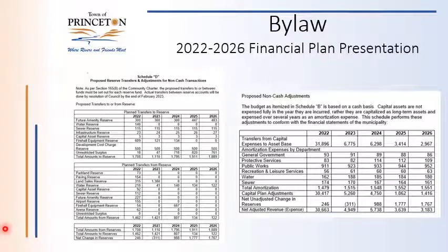Schedule D deals with, so when we make a budget, our budget is based on cash purposes. So the revenue we receive in money subtracted from our expenses that we expect through the year creates a cash surplus. Doesn't create a cash deficit, otherwise that's not allowed under the Community Charter.